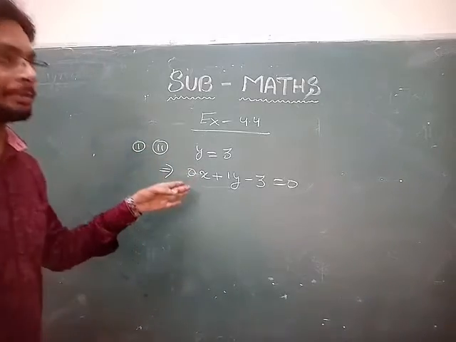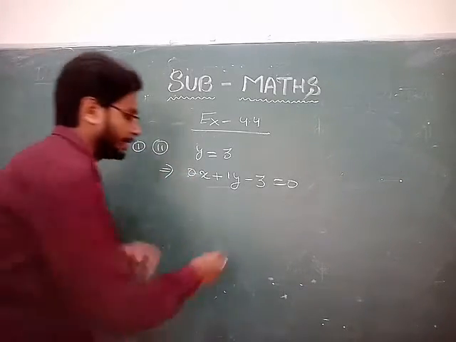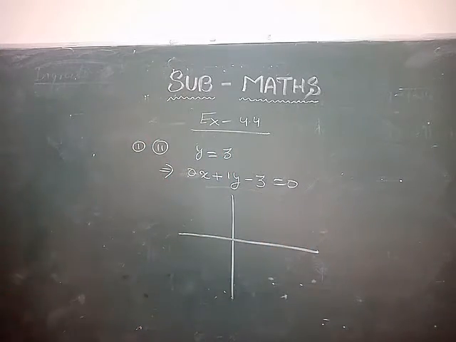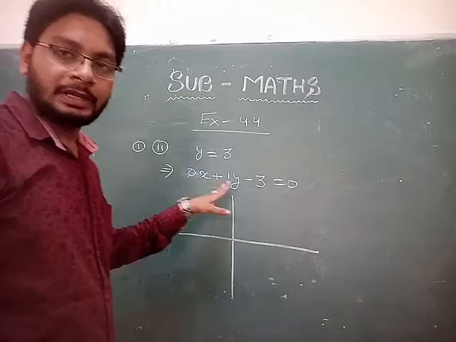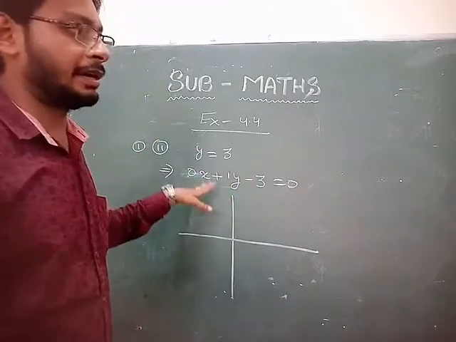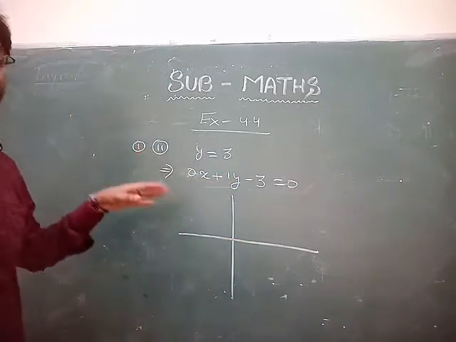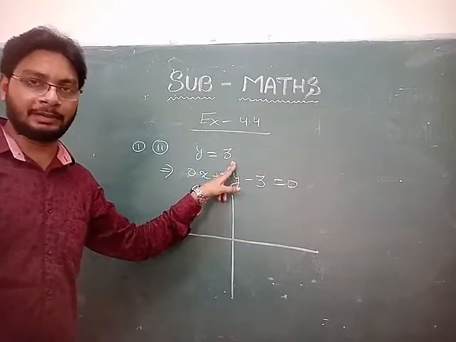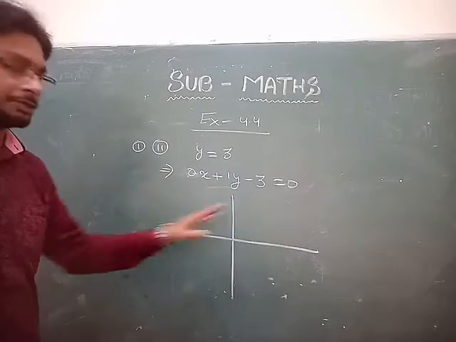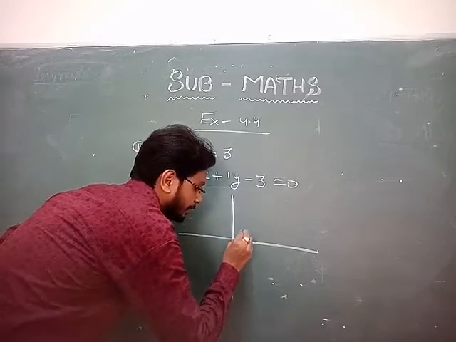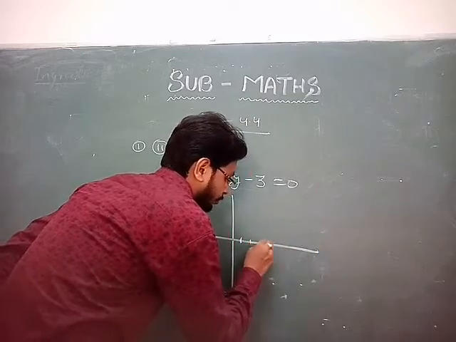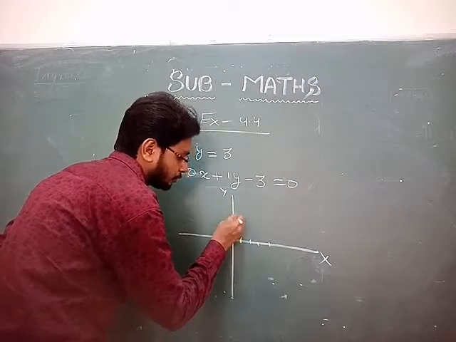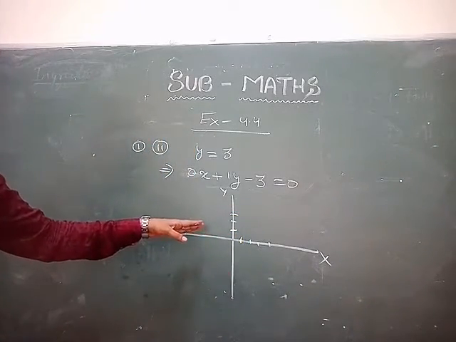Okay. Now you can plot a graph on Cartesian plane. How you will draw? Yeah, you can draw the graph by making a table, but you know a very easy method to plot a graph. आप देखेंगे y is equal to 3 है. नंबर लाइन पे आप y is equal to 3 को अभी कैसे डिनोट किए थे? आपने ऐसे किया था. ये x axis है 1 2 3 4, that is x axis and that is y axis. 1 2 3. So y is equal to 3 कहाँ पे होगा बच्चों?